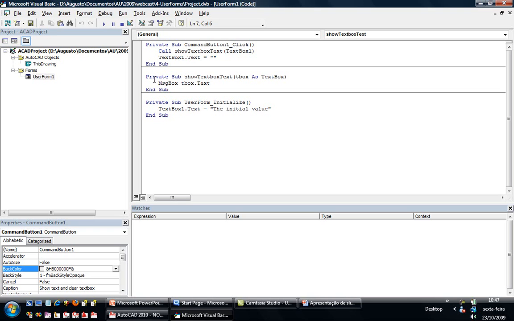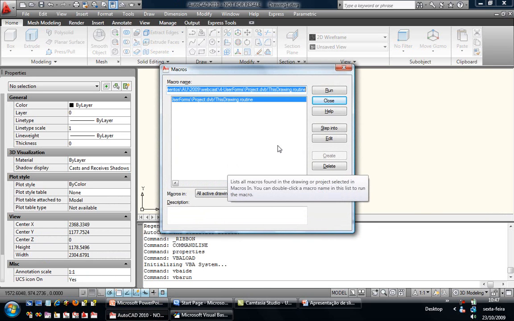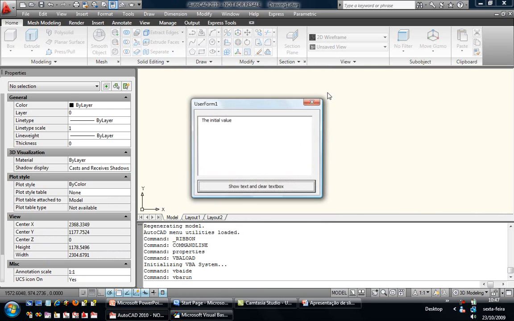The show text box method just simply shows the message, and we also have an initialize method which sets the initial value for the text box. Note that after we click on the button, the text box is now cleaned. Let's try it. VBA run. We have just one method, routine, and once we run, we have the initial value, show the value, and clean the text box. If we have another message,